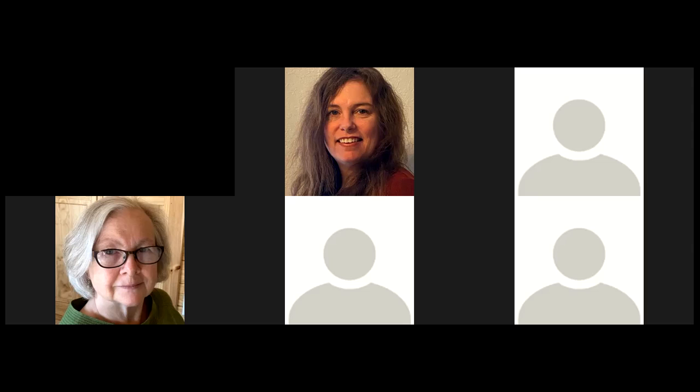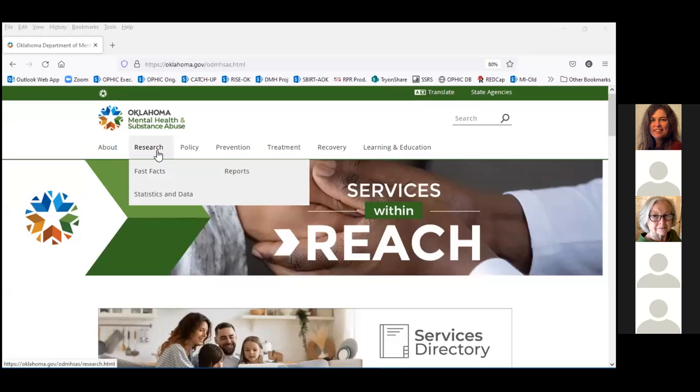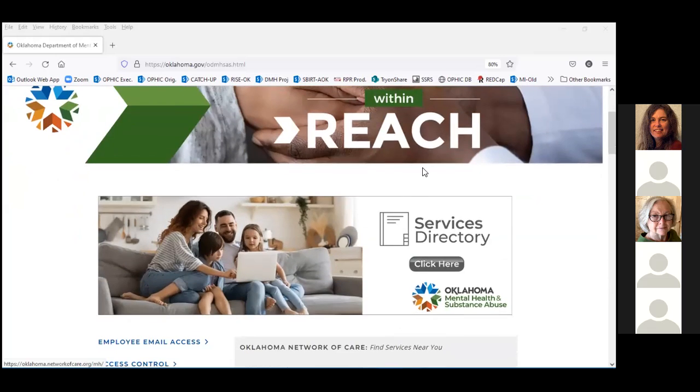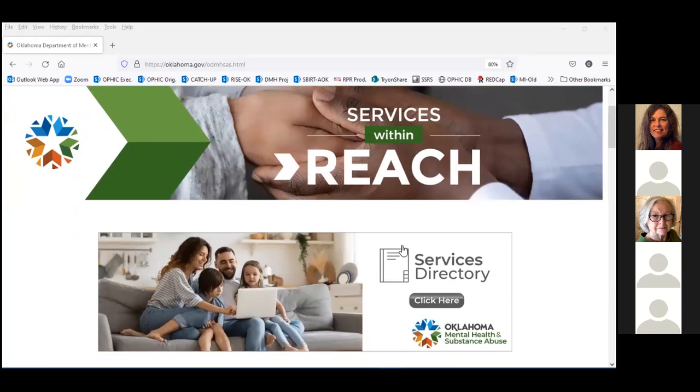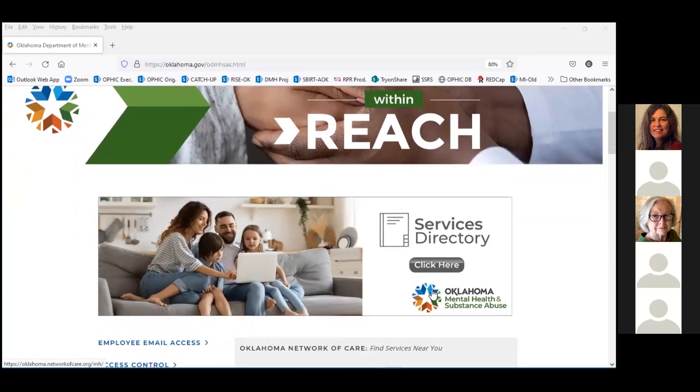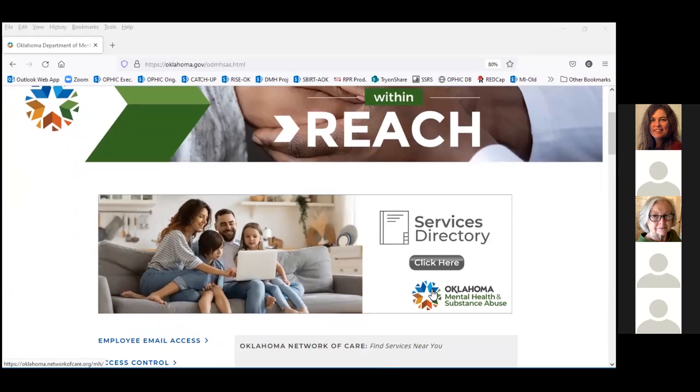Yeah, it's coming. Okay. If you guys have not, I would imagine you've been out here already, but what they're really asking people to do is to start using their website. They've done a complete rebuild at the Department of Mental Health about their site. And right up here at the very top is what they're trying to get across: there are these services within reach that they're talking about, but they built a services directory, and you all might want to take some time. I know that at different points, Takia has walked us through some of this,